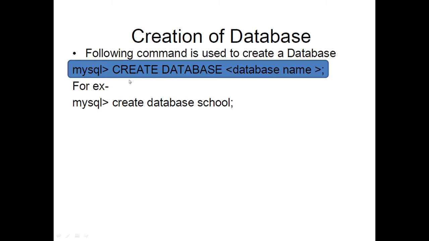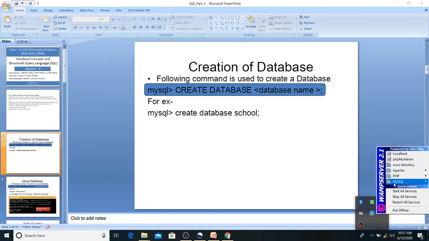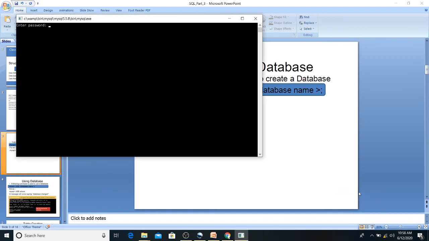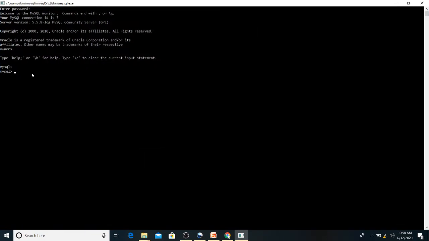Okay, so let's come directly to SQL. You can download SQL from the internet, or I am using the WAMP server. I will make a separate video on how to install SQL. It is very easy, you can download it from the internet. So first of all, your first command is create database. Create database means first of all you make the folder, and in that folder you will create all those tables. So this is called the MySQL prompt. What is this? MySQL prompt.